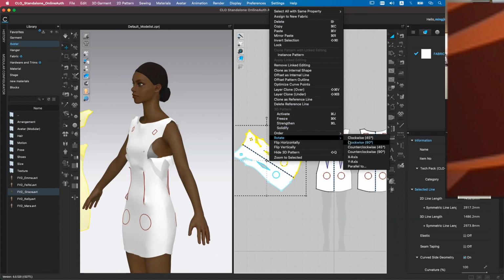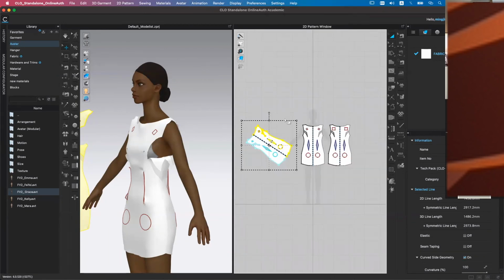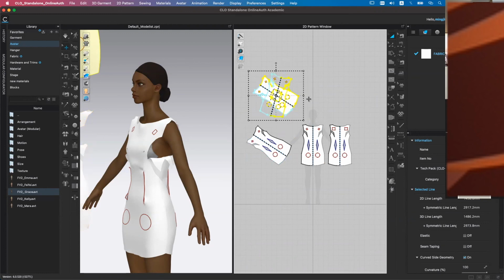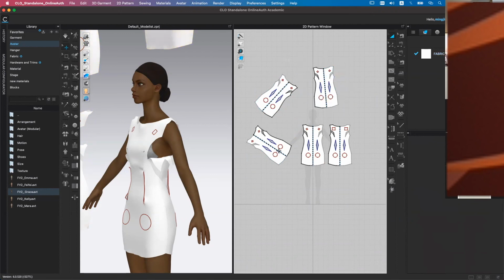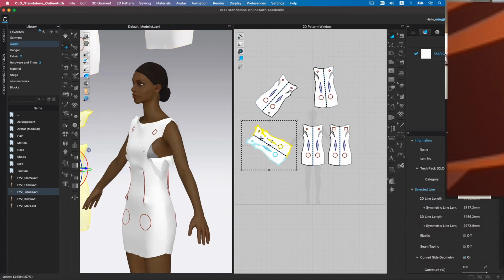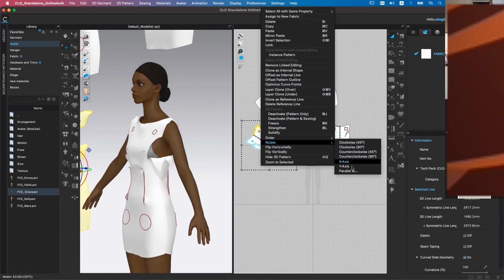You can rotate the entire pattern clockwise by a set 45 degrees, 90 degrees, or in parallel to the x-axis or y-axis, or in parallel to a particular pattern. This is a really good function because perhaps you have, for instance, a trousers pattern, and you cut it into pieces, and you have a lot of patterns in different places laying like this or that or here. What you can do is click this pattern, right click, rotate, parallel to,